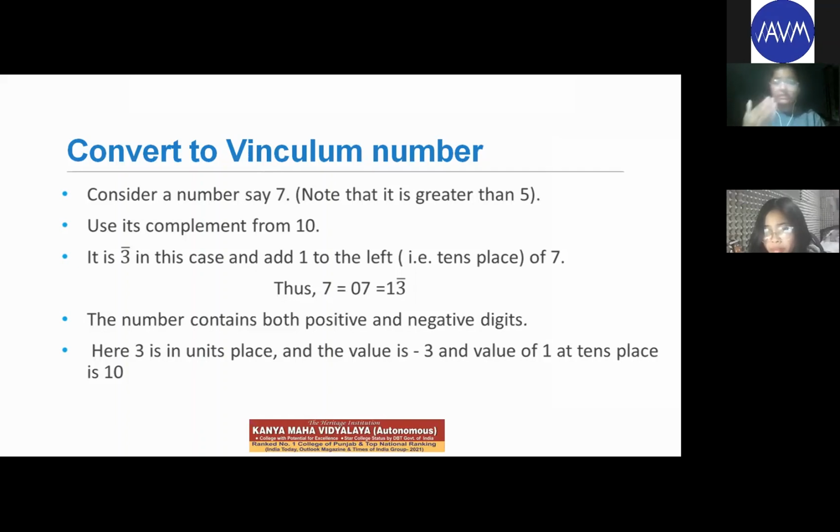This number, surprisingly, contains both positive and negative digits. It is possible for a number to contain both positive as well as negative digits, which isn't possible in conventional methods. So here 3 is in